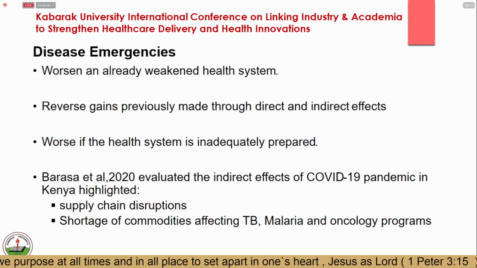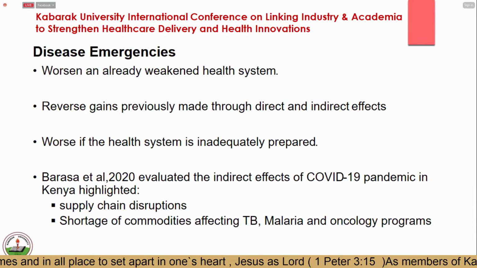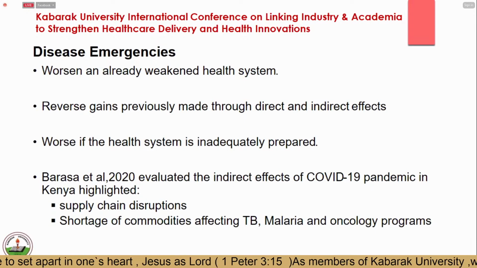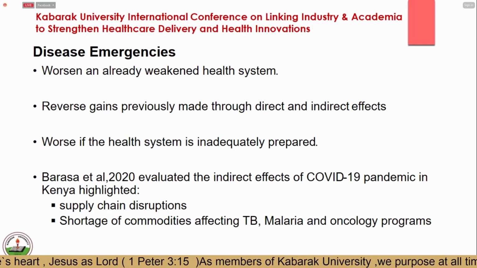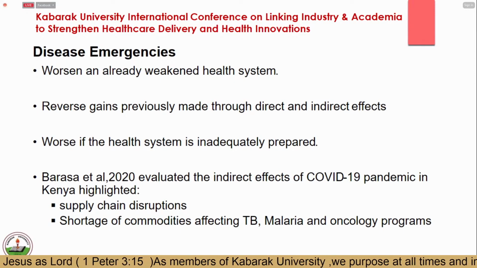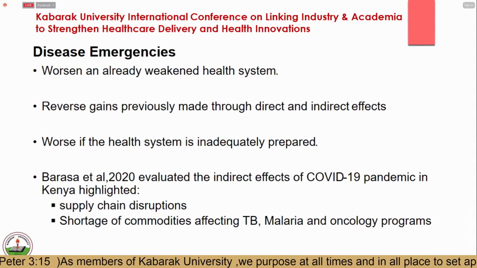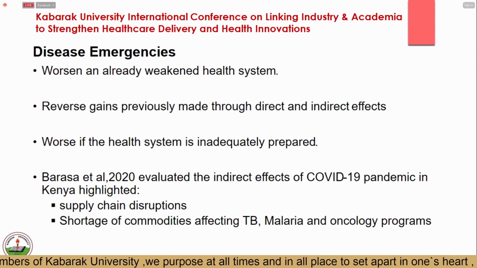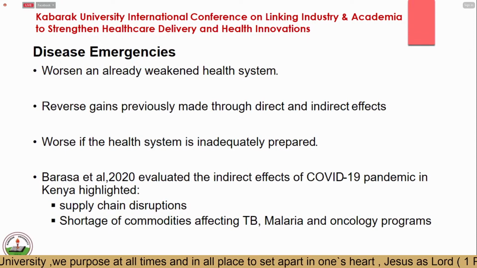the disease emergency also leads to reversal of gains that have previously been made, through direct and indirect effects of the emergency, especially if the health system of a country is inadequately prepared. As seen by Baraza et al. 2020, who evaluated the indirect effects of the COVID-19 pandemic in Kenya, it was highlighted that the pandemic led to disruption of supply chain and shortage of commodities,